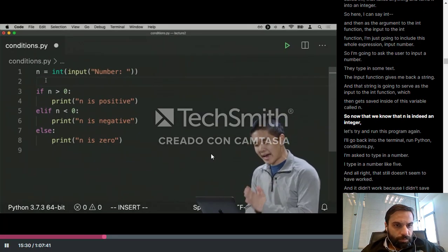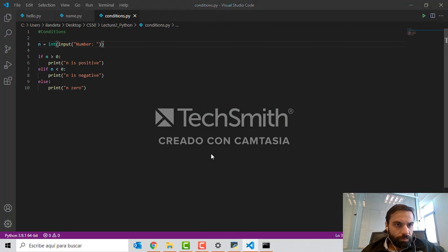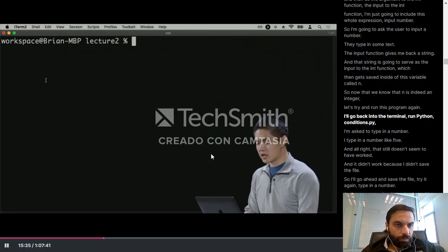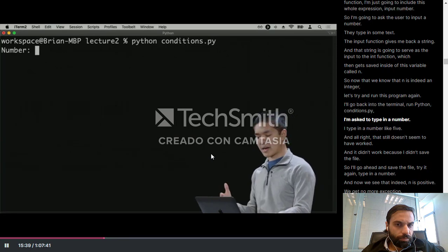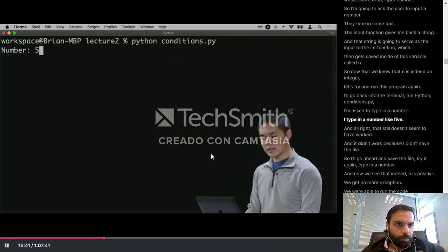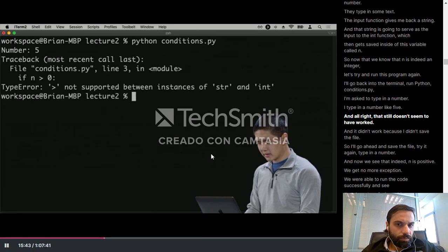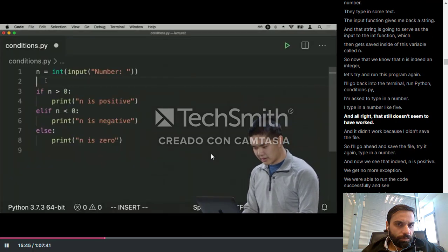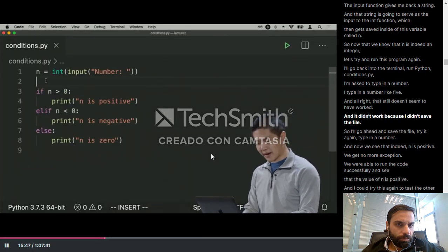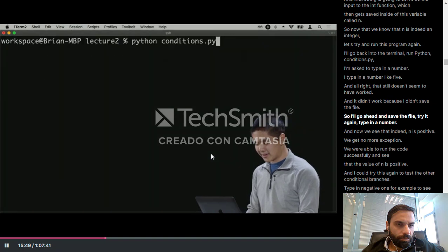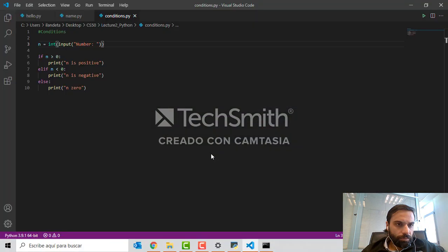So now that we know that n is indeed an integer, let's try and run this program again. I'll go back into the terminal, run python conditions.py. I'm asked to type in a number. I type in a number like 5. And all right, that still doesn't seem to have worked. And it didn't work because I didn't save the file. So I'll go ahead and save the file, try it again, type in a number, and now we see that